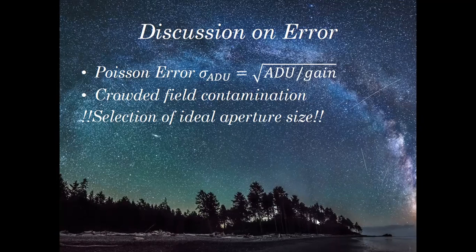The next is crowded field contamination. Crowded field contamination is quite self-explanatory from the words itself. Due to the crowd of various stars nearby to each other, due to that particular crowding, a very high amount of error is induced in your image, due to the nearby spacing of sources, contamination.